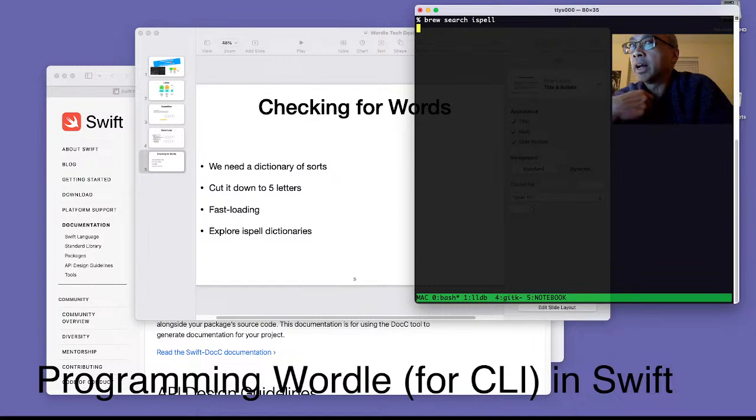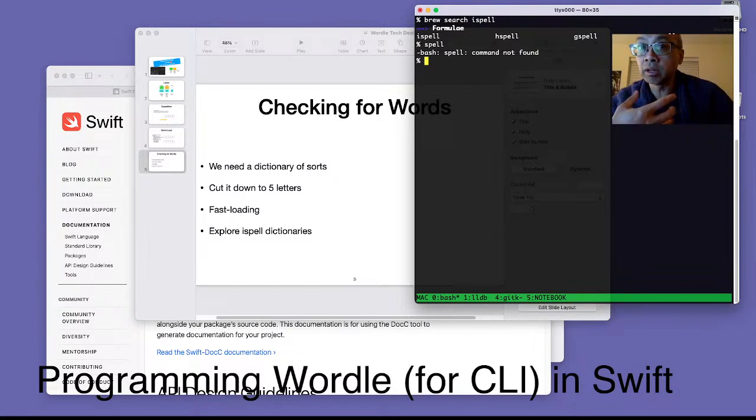But what I like about it, when I was reading about it, is that it comes with dictionaries, because right now there's no dictionary in Mac OS, which sort of surprised me because it's supposed to be Unix, but for whatever reason it doesn't have that. So if you look at ispell, let's wait for this information to come up, but when you look at this thing, you learn that it has a